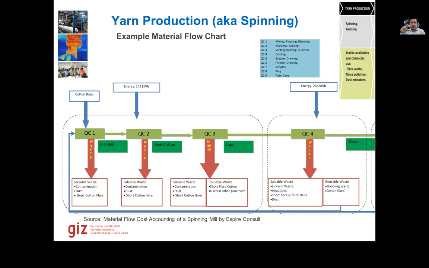So here we decide if we need to do blending or if we need to produce pure cotton. So if we have, for example, a blend of 80% cotton and 20% synthetic, this is where we start the blending process. So we add that material here. The blending can also be done afterwards when we're producing yarn, but with different processes for that. And the waste that comes out of here is contamination, dust,